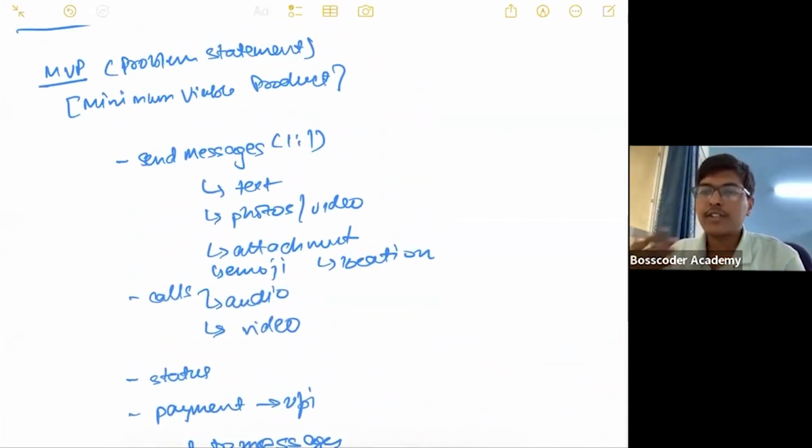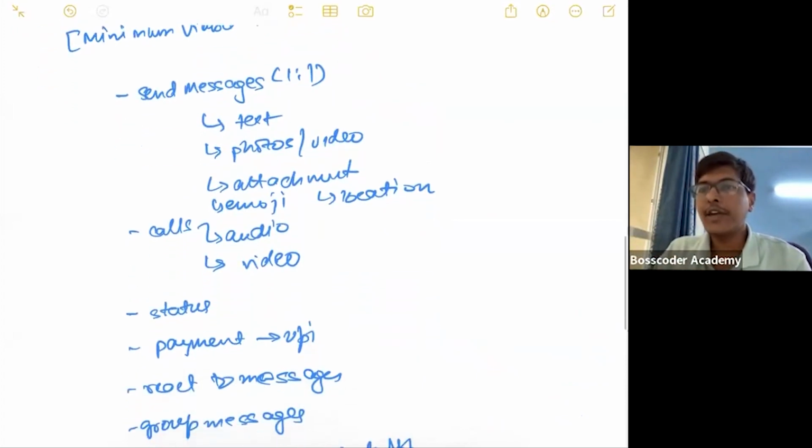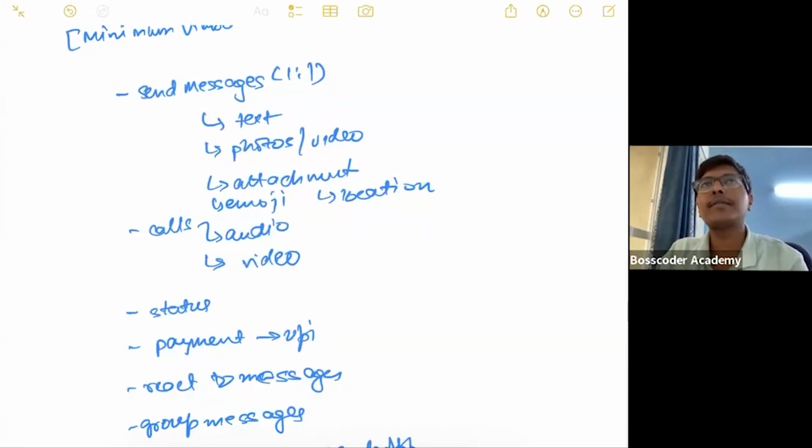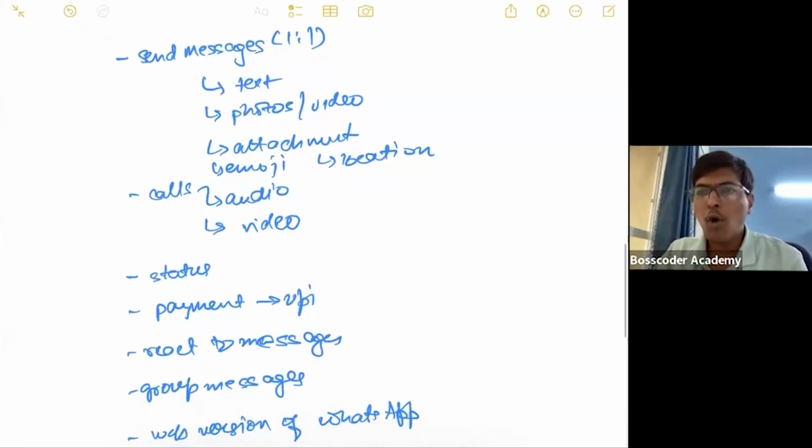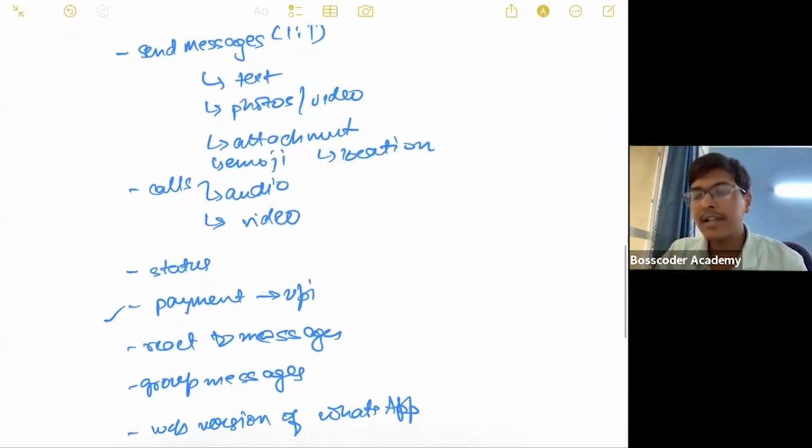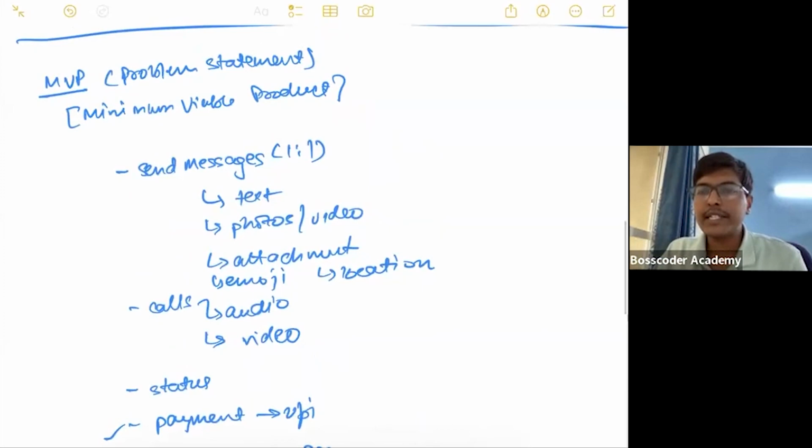Now tell me, when WhatsApp was first launched, did it have all the features? I remember I first used WhatsApp when I was in, I think, 11th class. Did it have all those features? Did it allow sending payments? Did it allow doing a lot of things that it does right now? No, right? So whenever a product starts, or whenever a company starts, it starts with the MVP,